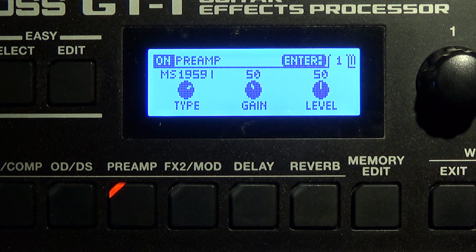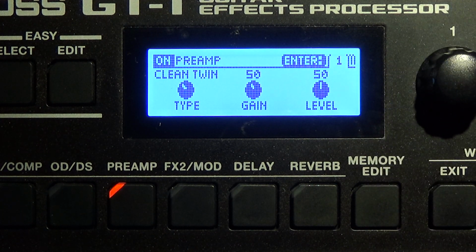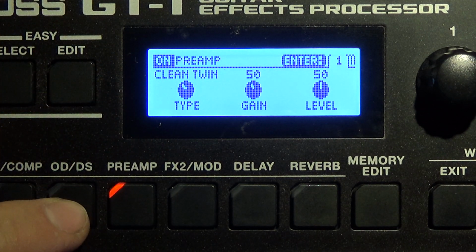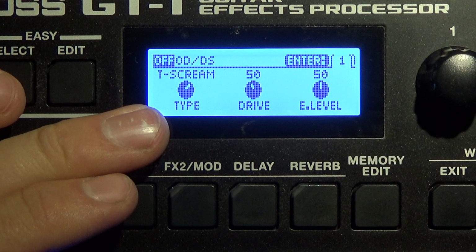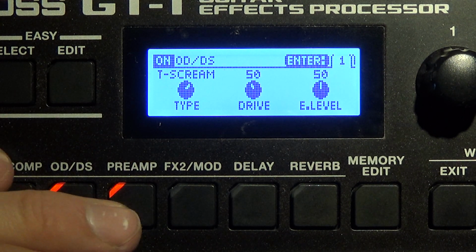So simply by using the preamp right there, you have the ability to go from your basic rhythm over to some lead, or your basic clean over to a little bit more punch, for example. Another option is the overdrive solo, or OD solo as it's called here in the GT-1. So let's say I have my clean amp going here, and we head over to the overdrive distortion section. And let's just say that I'm going to pair the clean twin with the T-Scream, which I basically do when I normally create patches. I have the overdrive and the preamp activated,